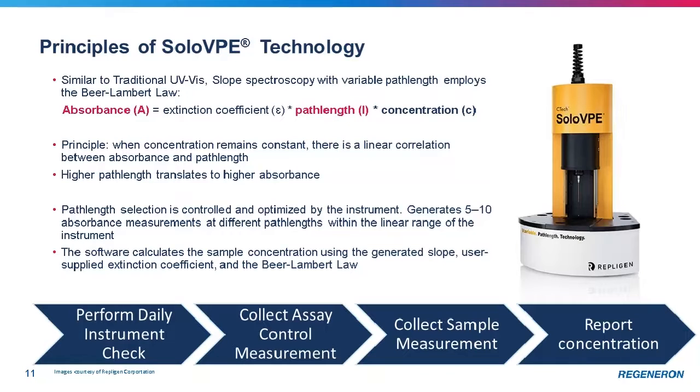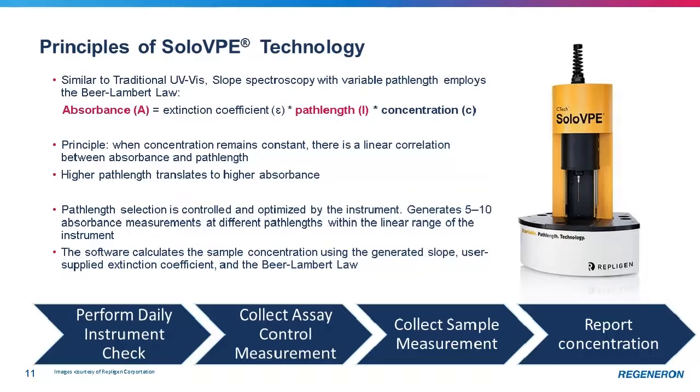As we can see on the slide, we can simplify a QC workflow down to 4 major steps. A daily instrument check would still be performed to ensure that the instrument is set up and operating as intended. An assay control measurement would still be collected as a secondary layer of control to ensure that we meet the stringent QC regulations. However, sample dilution would no longer be required as sample concentration is the constant and does not have to fall within the linear range of the instrument.